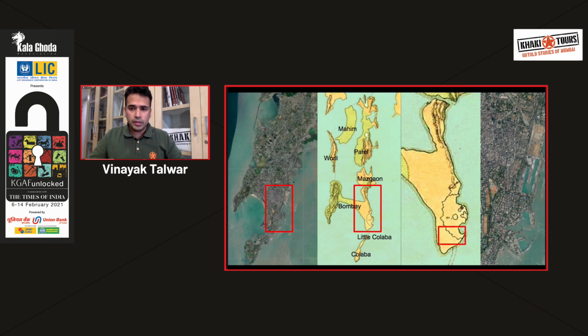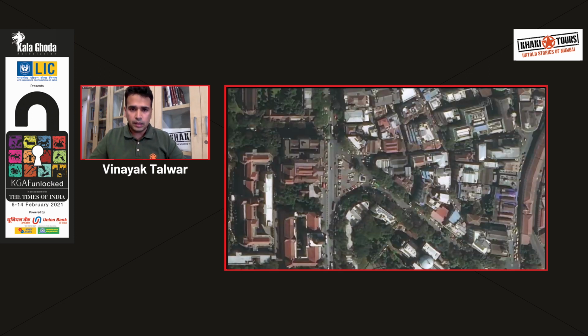And what I'm going to be doing now is focusing on this particular area and looking at what it comprises of today as well. So as we zoom in further into this particular section, let's see the area that we'll be covering today. Voila, and you are at the Kala Ghoda precinct. Now, for those of you who are not familiar with this precinct as much in detail, don't worry. I will be a little bit more thorough in giving you a direction as to where exactly and what you will be seeing. The intent is to make it as actual as possible, as if you were walking those streets